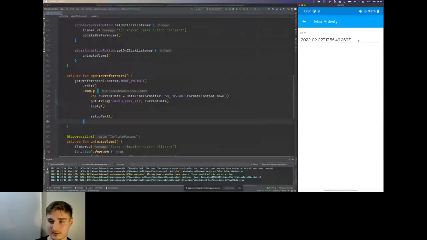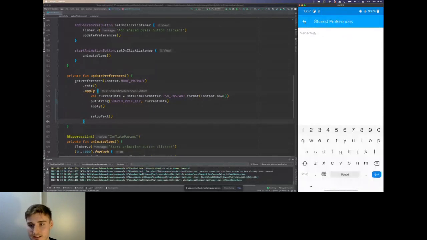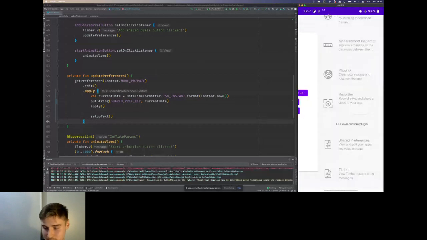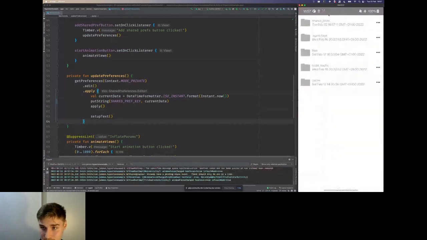We can also even change this value to check how the app is going to behave after we've changed the text. So as you can see, now the value changed, and the application works as expected.